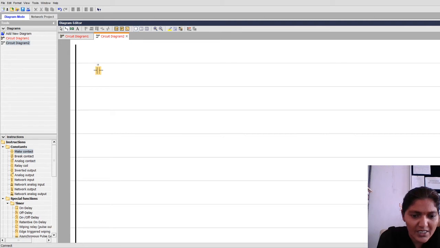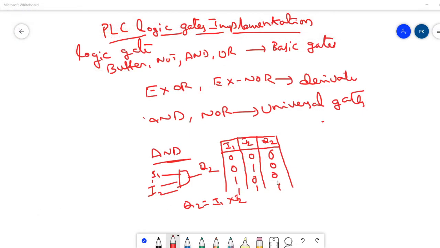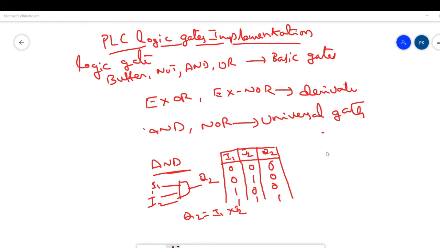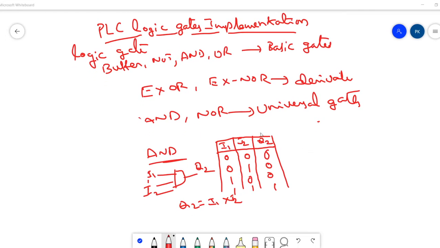See, this is the symbol for normally open.